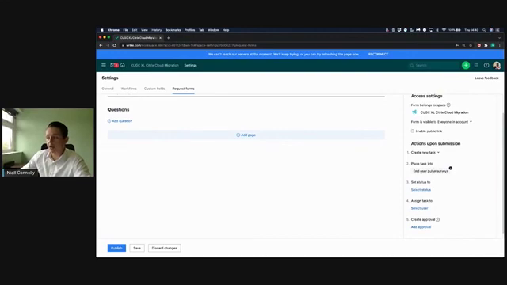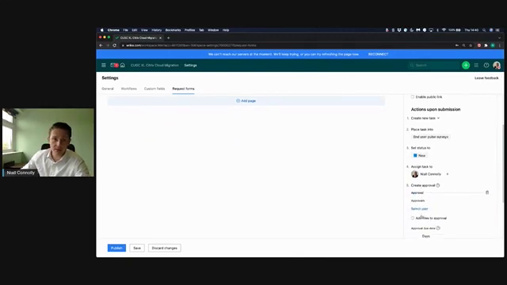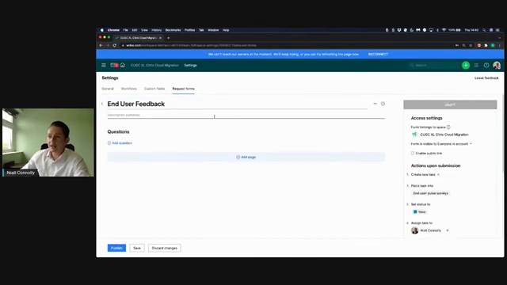in the cloud migration. So we can set the status to new. We can set this to come straight into me, so I get a notification anytime someone's done the end user feedback. And then we can set an approval process if it needs to go through my manager after each one that comes in. And again, they can be public facing links, so that person necessarily doesn't have to have a